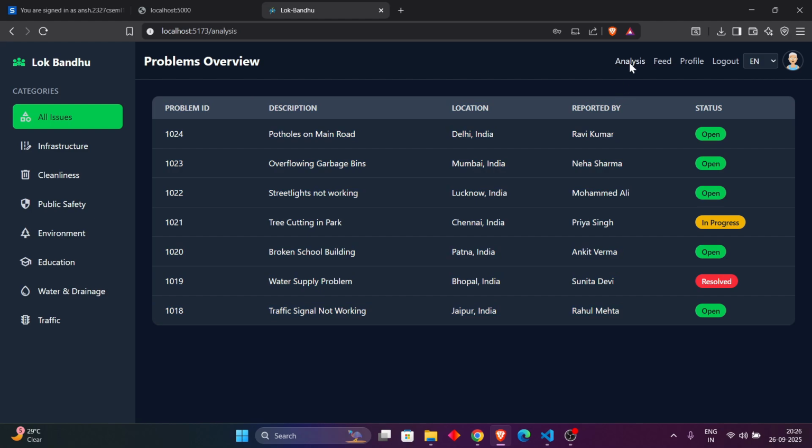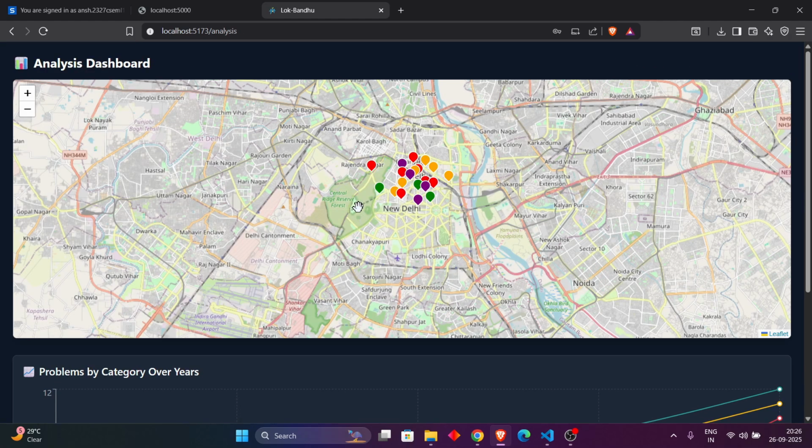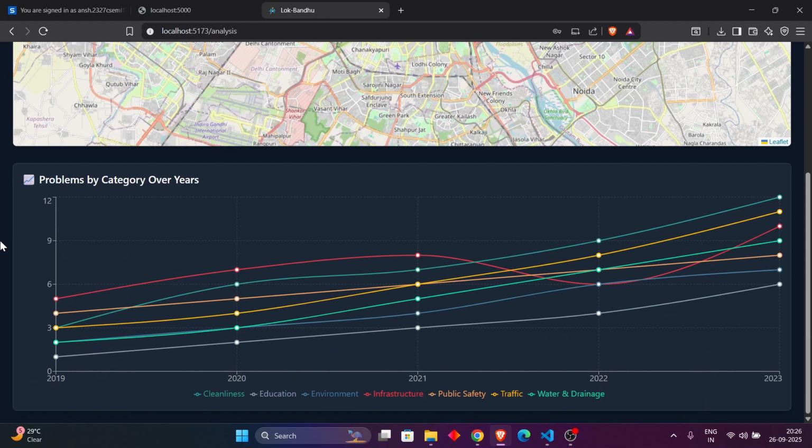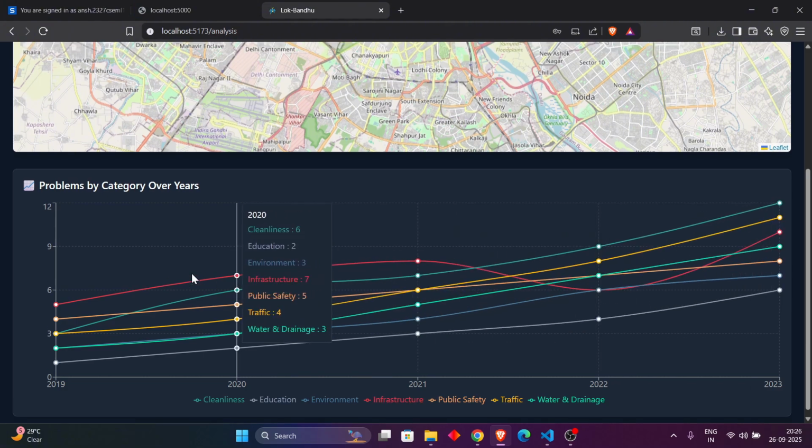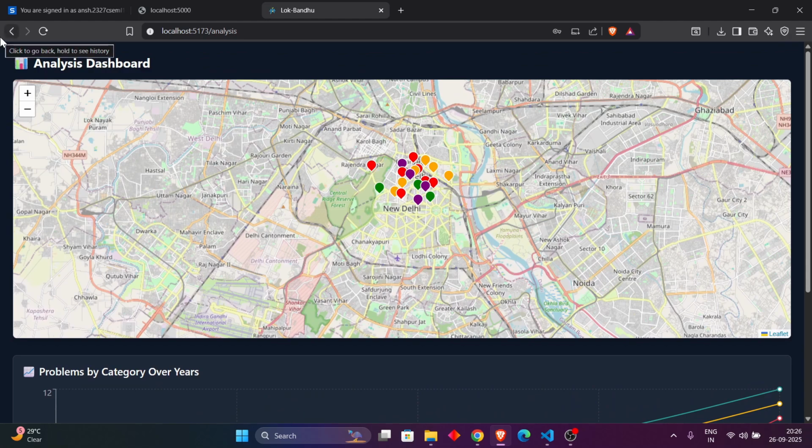Now coming to the analysis part, this is also one of our USPs, where color-coded complaints are shown. Municipalities will be able to detect whether a complaint is high priority or low priority so that they can plan the execution to resolve all of them. Another analytical part in our project is that with the help of graphs, they will be able to detect which complaint is increasing and which is decreasing, so that they can increase their manpower or take any other action they need to.